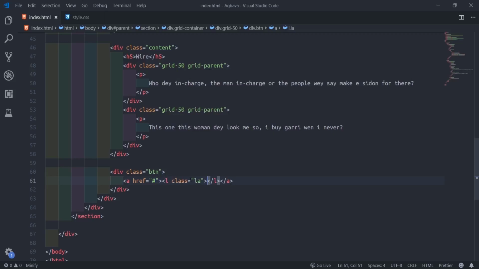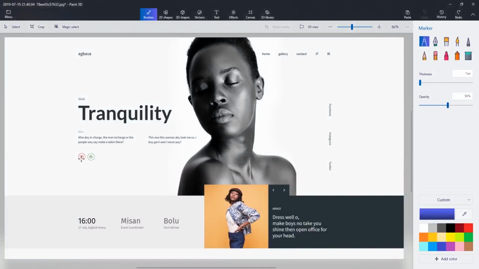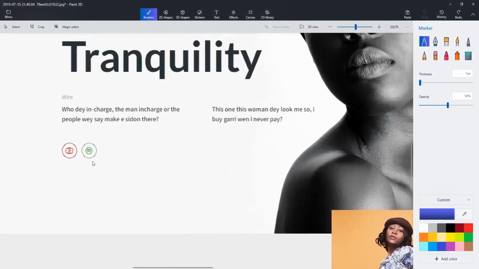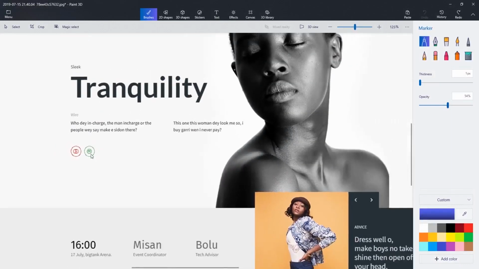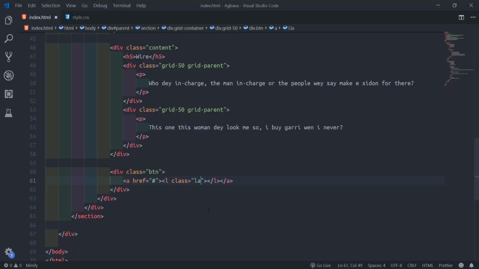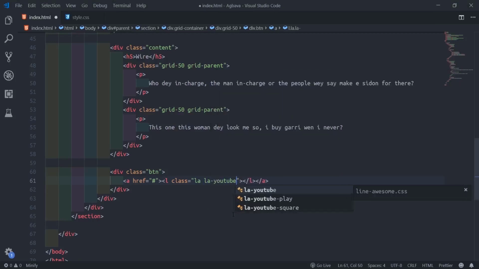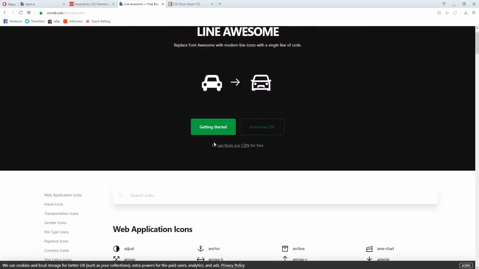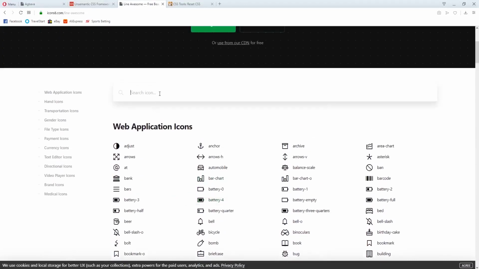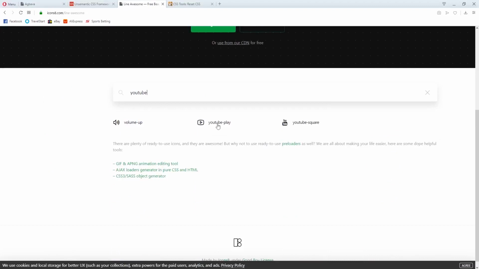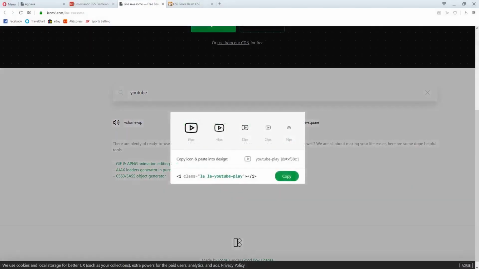I.e., the first one are YouTube play icon. YouTube play icon. Why? Let's see. YouTube play icon. Ah yeah. LA YouTube play. I mind you, this is what they write here now. So if you come here, if you actually call search, as far as you get internet connection, if you say YouTube now, you see it show you now. So you click on, it go open the code where you need to paste. So exactly this code. Maybe I started using that before now, so I know what it is.